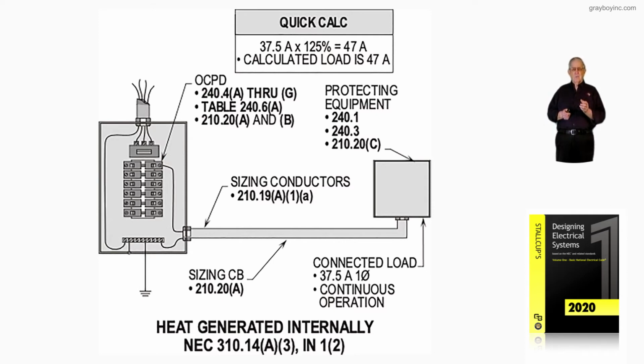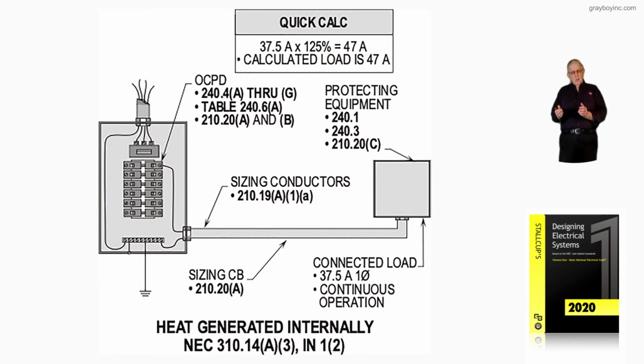Our conductor now has to be sized with an ampacity to carry the 47 amps at 60 or 75 degrees C terminals as marked at the circuit breaker and the equipment in accordance with 110.14(C). The overcurrent device then is sized by the section number